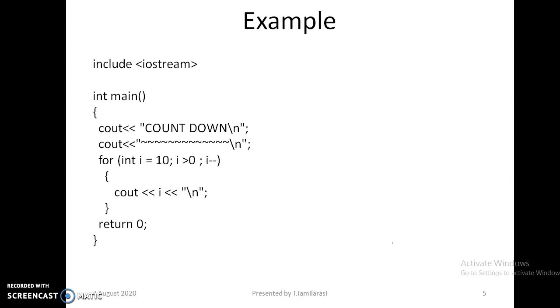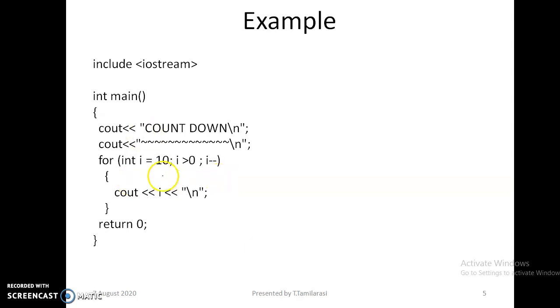Maybe they can do the countdown for more than 2 days, am I right? They are fixing all those things and testing all the machines. That's why they can set the countdown for 2 days. Here we are doing a small countdown. Our countdown starts from 10 and we repeat until it reaches 0.